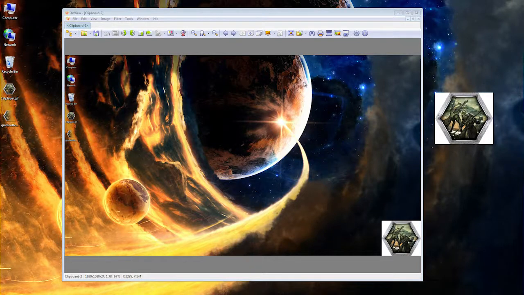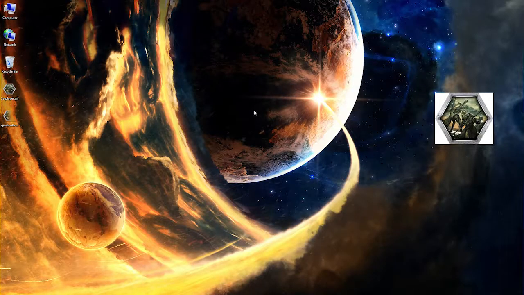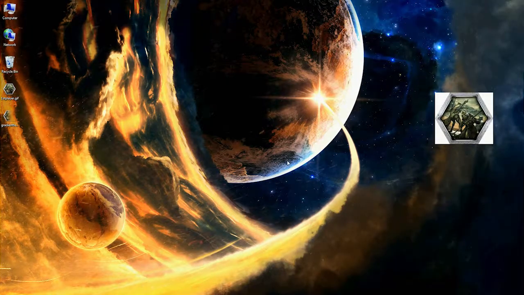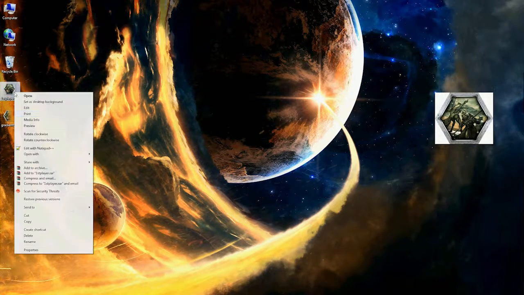And that's pretty much how to do it with IrfanView. So that's the end of that. And there's one other thing I want to show you. I actually have this other application called